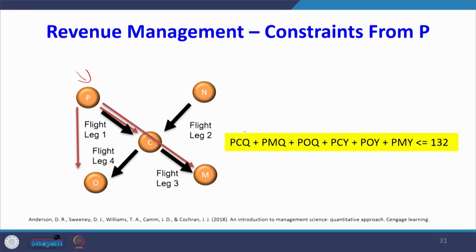There are two ways: PCQ, PCY. Somebody may book ticket PM, so PMQ, PMY. Somebody may book ticket PO, so POQ, POY, but that cannot exceed 132 because the seat capacity is 132. Similarly,